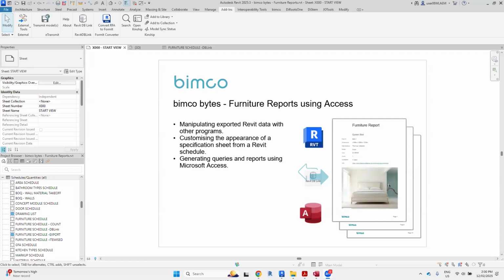Today's session we'll be talking about furniture reports using Microsoft Access. So we do get this question a lot, asking if there is a way to customize schedules that we use in a project in Revit. So today I'm going to show that yes, it is possible to customize your appearance of schedules, and we'll work through